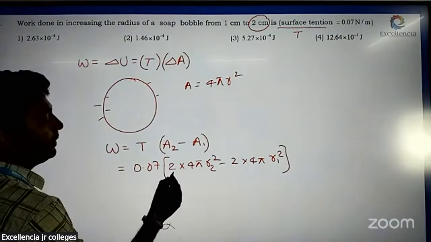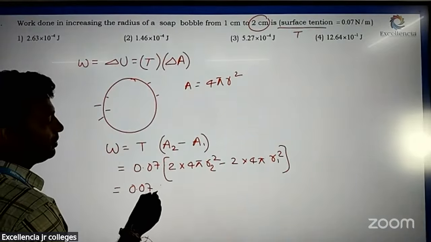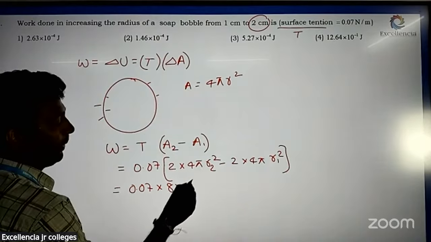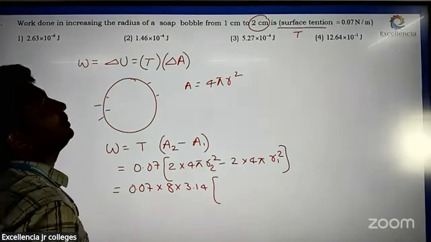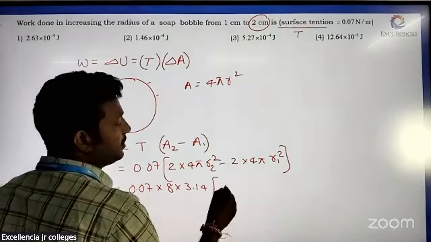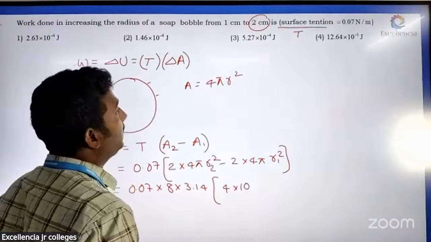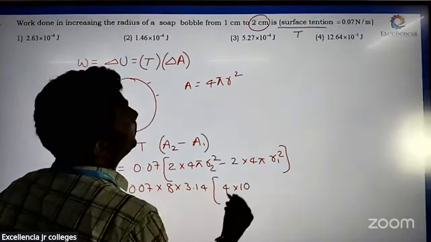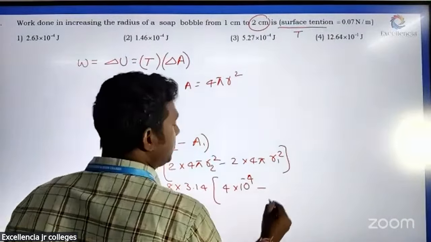We can take common 2 and 4 pi. So 0.07 into 8, pi value is 3.14, and r2 is 2 centimeters. So 2 squared means 4 into 10 to the power minus 4, because we have to convert to SI units, centimeters to meters, and minus